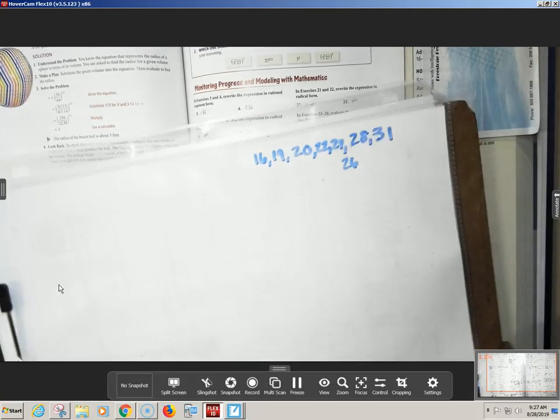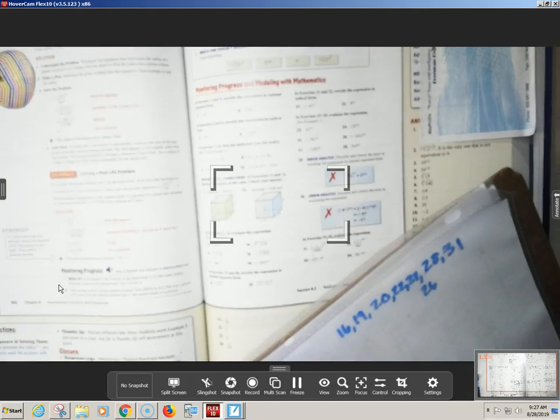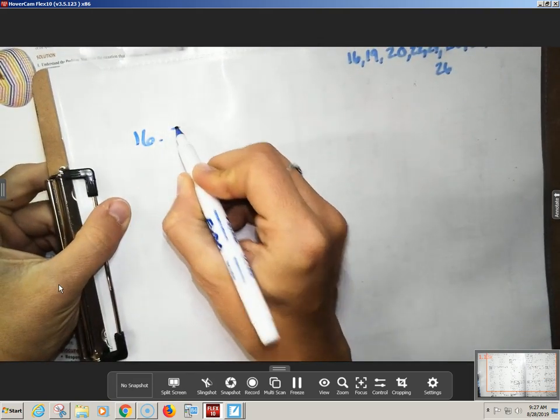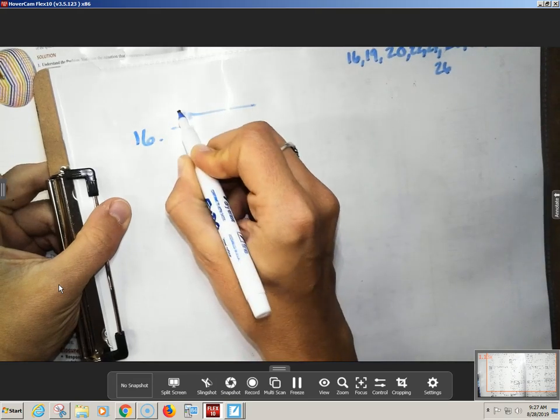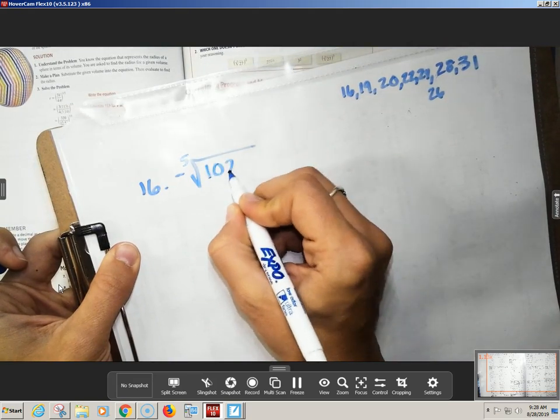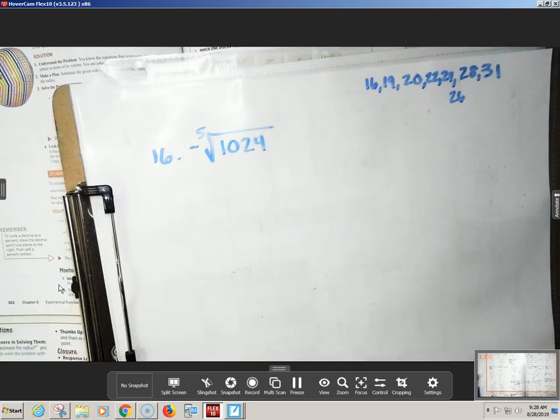Oh, you do. All right, number 16 starts off with the negative fifth root of a big number, yeah? And number 16 has 1,024. Now, guys, tomorrow on the quiz, I might not have one of the huge numbers because it's going to take a lot of time for you to solve. And I don't necessarily want some people to have calculators and some people to not have calculators, and then it becomes a not fair sort of thing. So I'm going to probably give you smaller numbers,